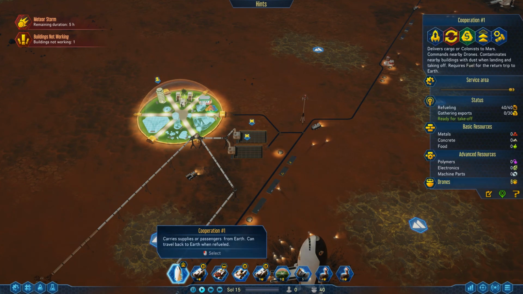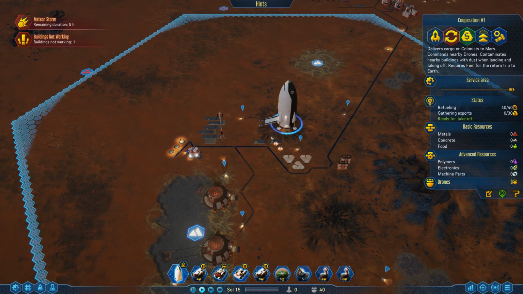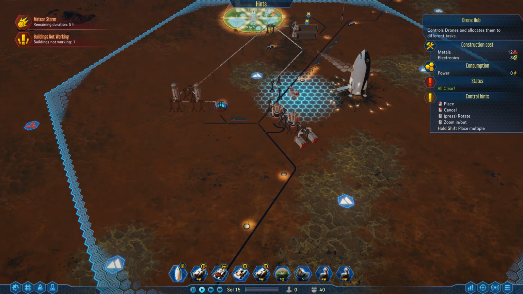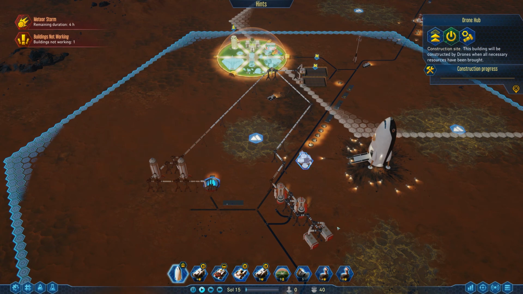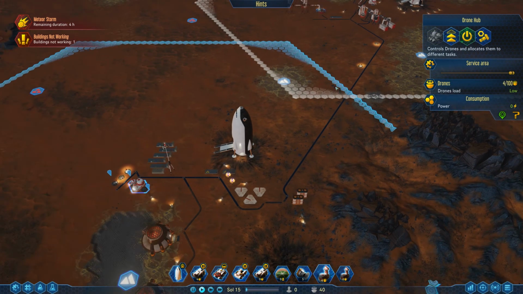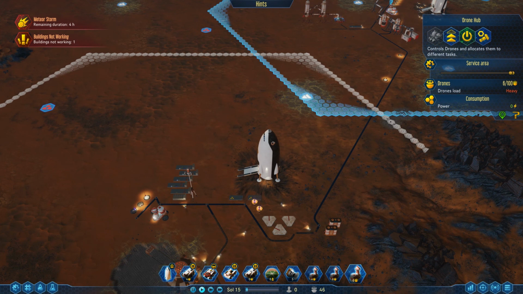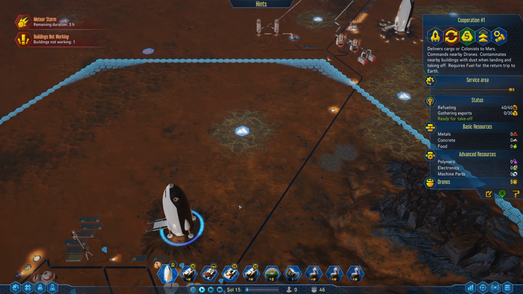Okay, so what we want to do now is probably... Okay, we have a question we need to answer. Doesn't quite cover as much. So what we want to do is we want to put a drone hub, I think, here. Yeah, and that should cover everything needed. Okay. So, drone hub's going to be put there. And when we take off with this ship, that should cover everything needed to be covered. Not that, but that's fine. Everything that really needs to be covered is covered, so we can,